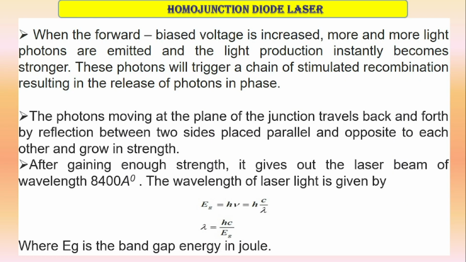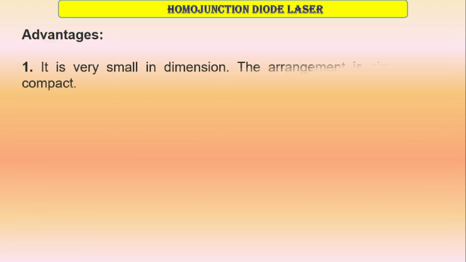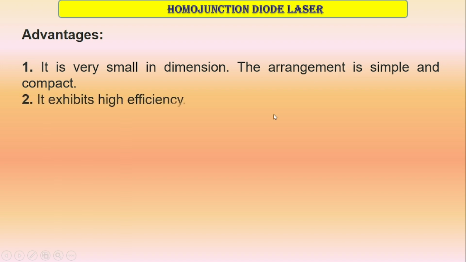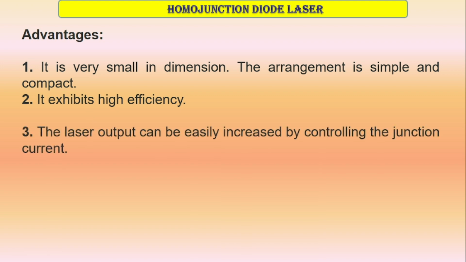These are the working parts of homojunction diode laser. Now let us see the advantages of homojunction lasers. So first advantage is it is very small in dimension. The arrangement is simple and compact, and second advantage is it exhibits high efficiency, and third one is the laser